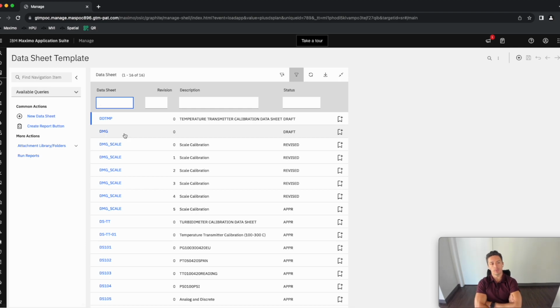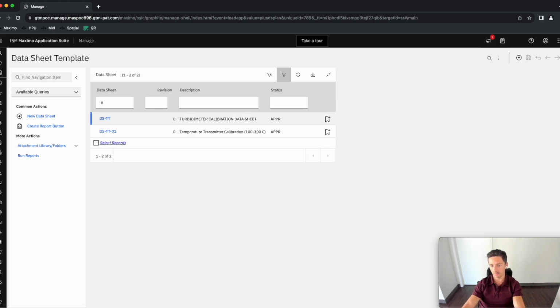Now, calibration techs, very similar to technicians, want the ability to have a single place to conduct maintenance, inspections, calibration, and other tasks to optimize productivity and reduce downtime. As a calibration tech, I want to begin this calibration process by reviewing our data sheet for a temperature transmitter. And the data sheet is essentially a template that defines a specification for an asset for the calibration process. And so here we're going to bring up our data sheet for